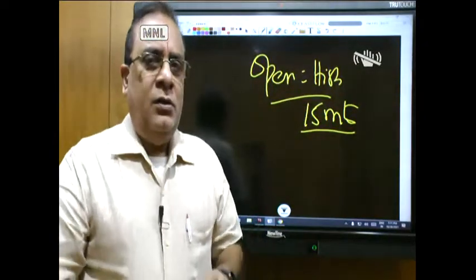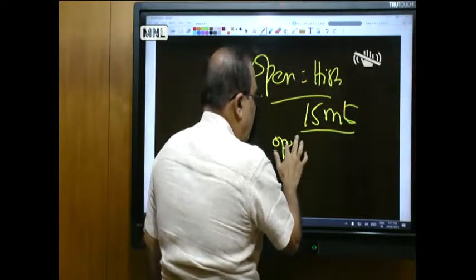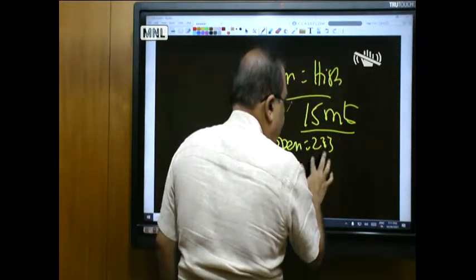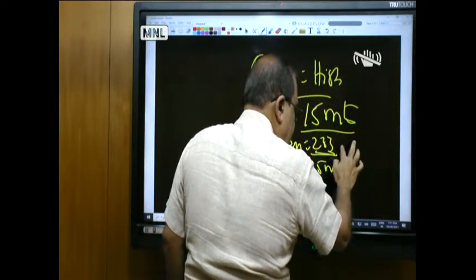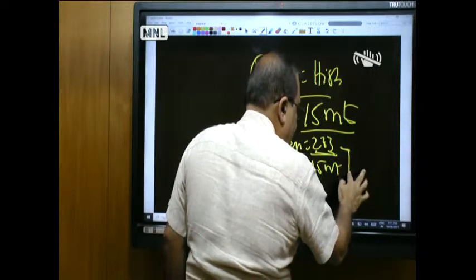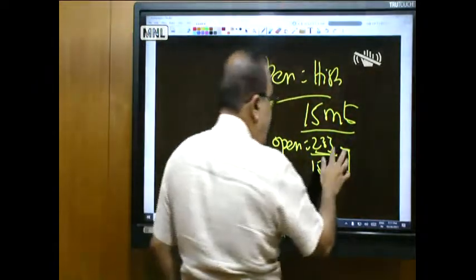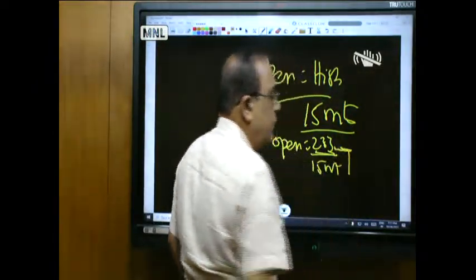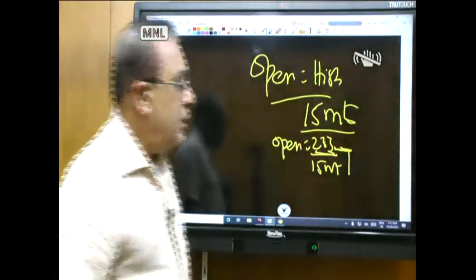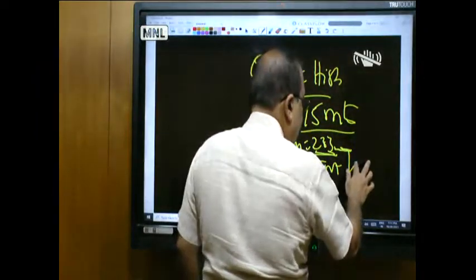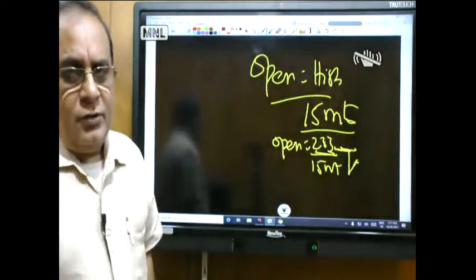If that be the case, then on any retracement, that is, open is equal to high means, let us say a stock opens at 233 and in the first 15 minutes, this is the high. So the open and the high are the same, and then it falls. This is a 15-minute chart. If that be the case, then there is a very high chance that a stop is in place there. So generally what they do is they sell on any retracement and then put the stop loss above the open-equal-to-high of the first 15 minutes.